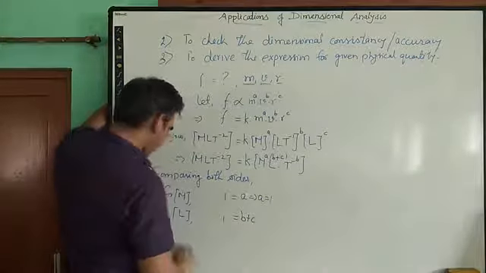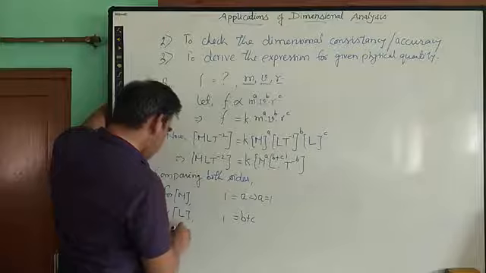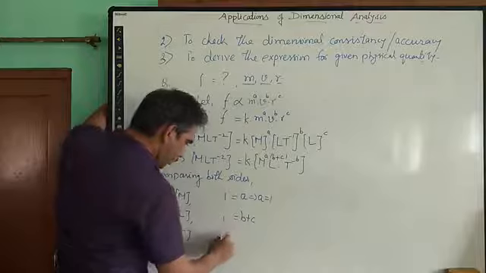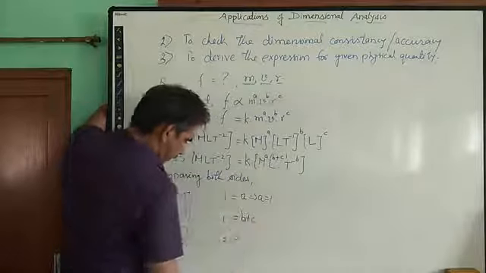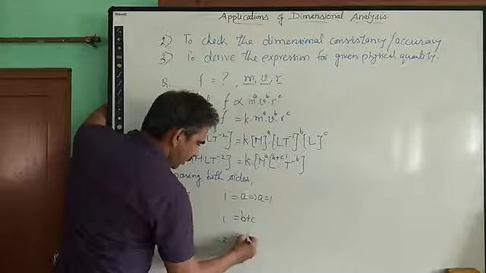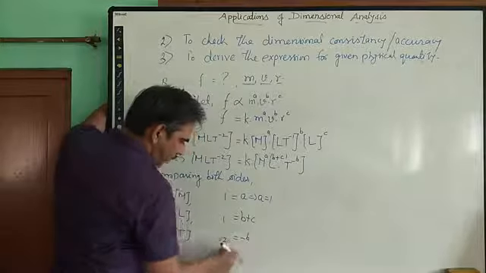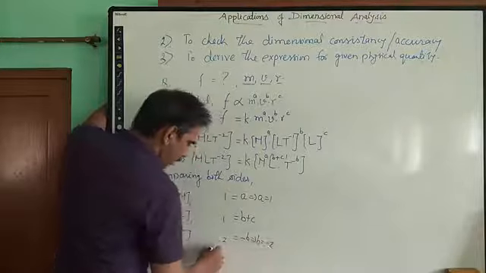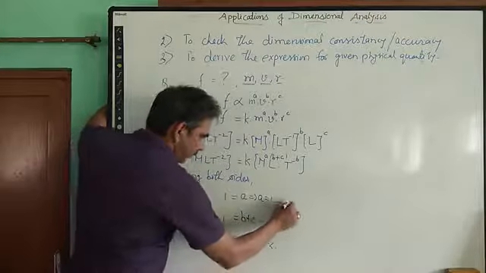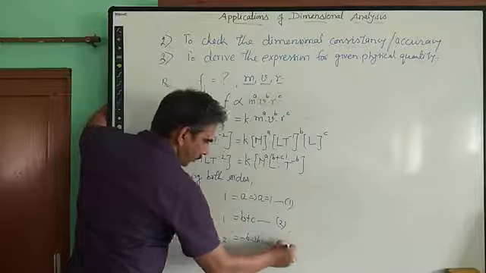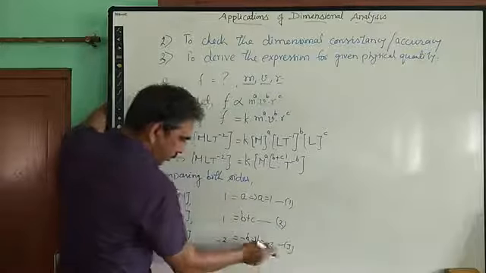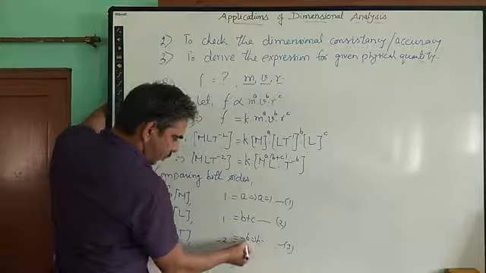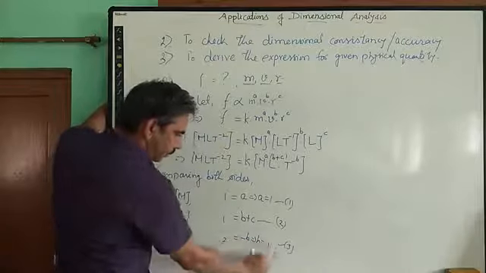This we have to solve. And for T, on the left hand side it is minus 2, and on the right hand side it is minus b. So that means b is equal to minus 2. So therefore you can give these equations 1, 2, 3. So therefore from this, it is 1 here, because minus 2 is equal to minus b. So therefore b is equal to 1 here.